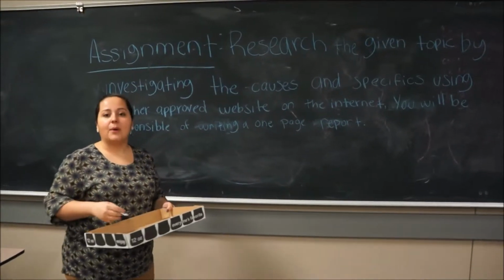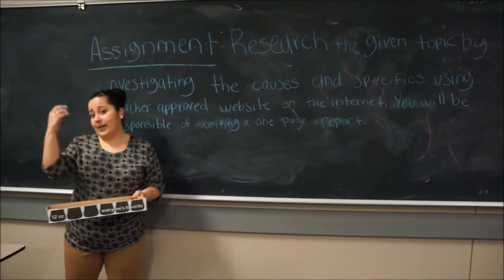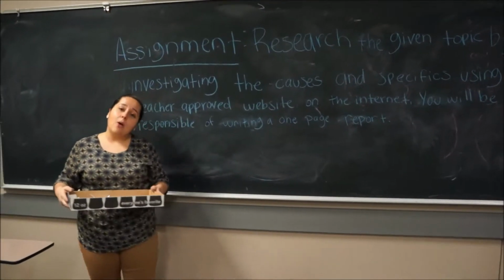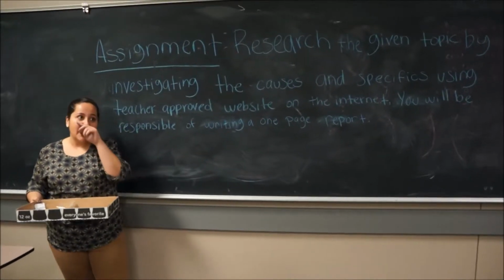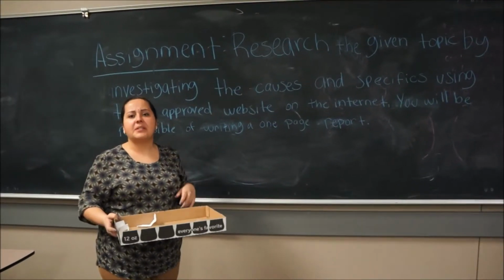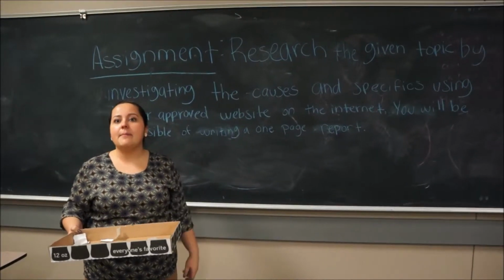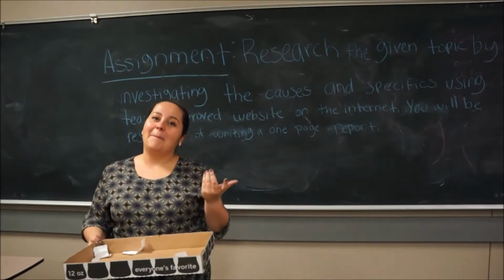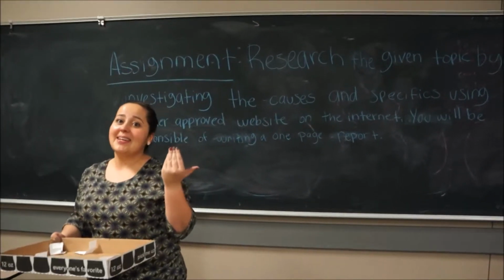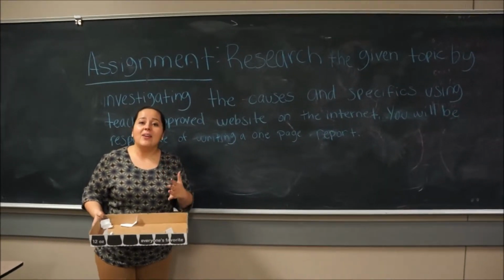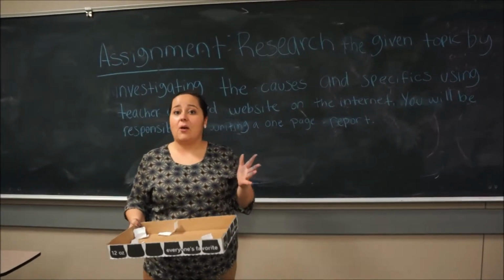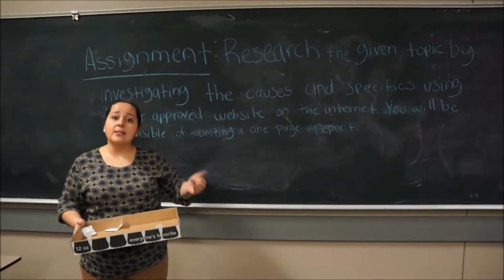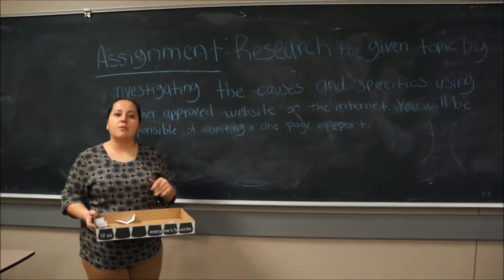Now let me give you a little example. Let's just say that I get one here, right? I'm going to open it up and it says volcanoes. So I'm going to research some volcanoes, and I'm going to go online. Let's just pretend the volcano that is in Mexico. Have you ever heard of that volcano in Mexico? The Popocatépetl volcano in Mexico? Okay, well, that volcano is located in Mexico. And now you can't use that because Ms. Goss already used that. But you would go into the search box and research this volcano.